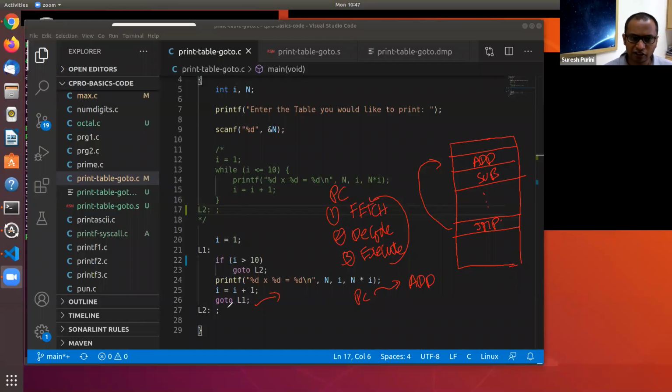That is the semantics of the goto statement. And you know the semantics of the if statement. So think of these as two Lego building blocks that are given to you. What kind of program you would like to construct, what kind of logic you would like to realize using these two constructs is up to you.